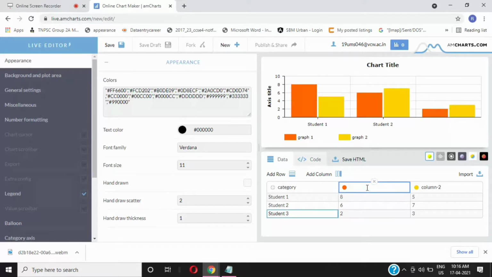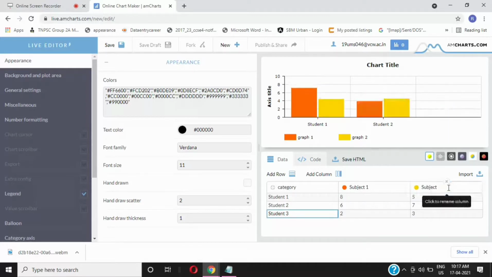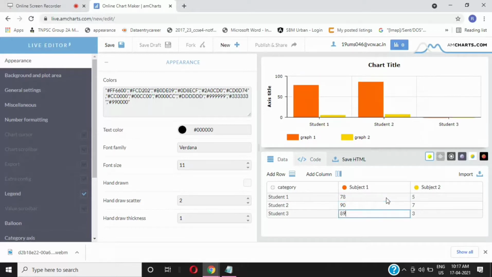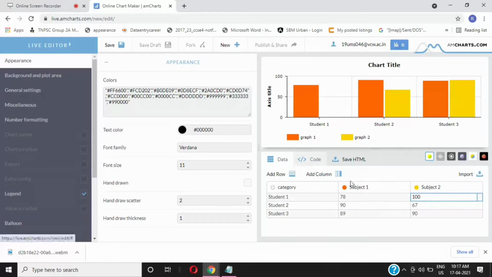As we are creating the students mark list, we can change column 1 to subject 1 and column 2 to subject 2, and we can give random marks out of 100. So I have changed the data.